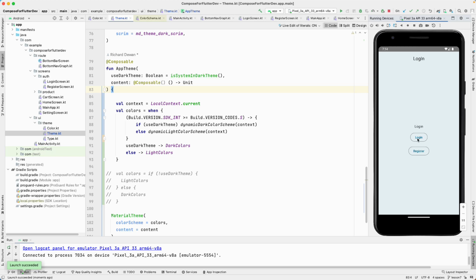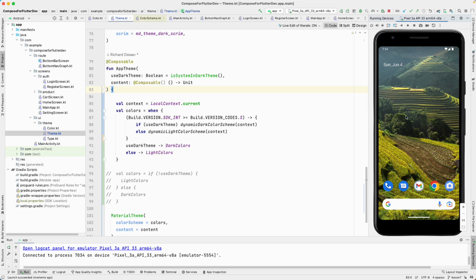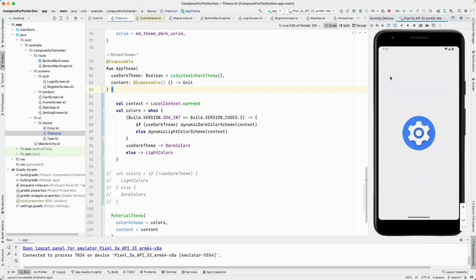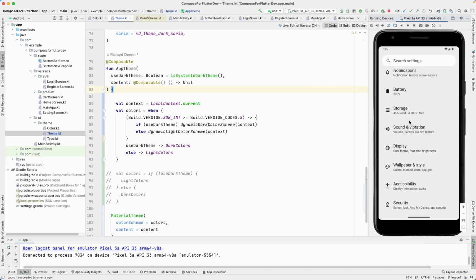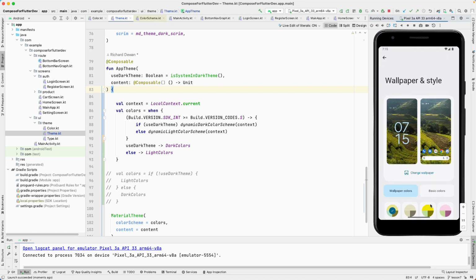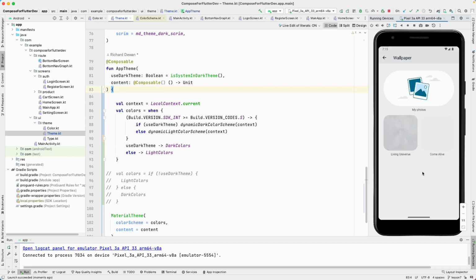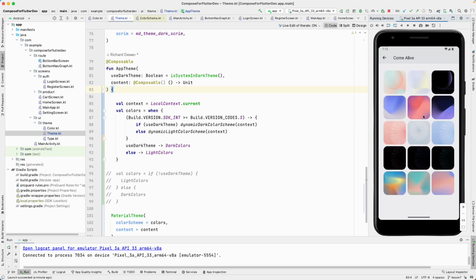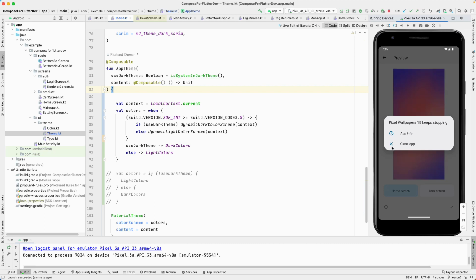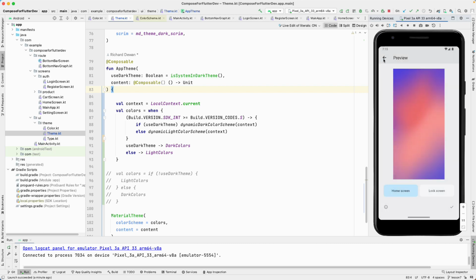And now you can see we get a different color that is picked from the wallpaper that we have defined. So based on this wallpaper, let's go to the settings, and I guess you can change the wallpaper. Let's change the wallpaper to a different one, and let's try to use a different color and apply it. I guess we can't use the live color here,